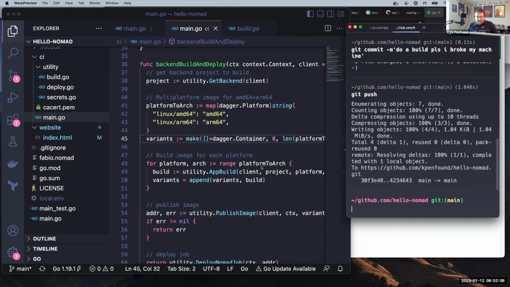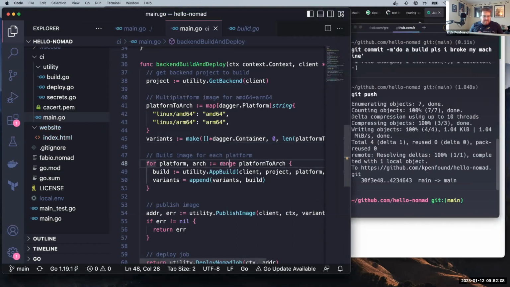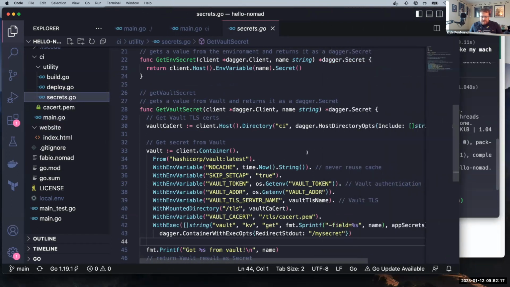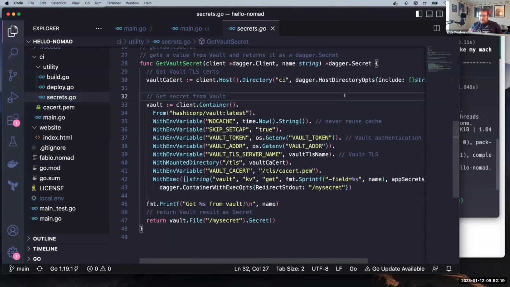And this wasn't planned, so live demos. And so how do we actually get that secret from Vault within our Dagger pipeline? If I jump over to the secrets utility, on my actual machine, I think I have Vault installed, but it doesn't matter because what my Dagger pipeline is configured to do is actually use the Vault image within the pipeline and set all the appropriate variables to be able to connect to my secret store